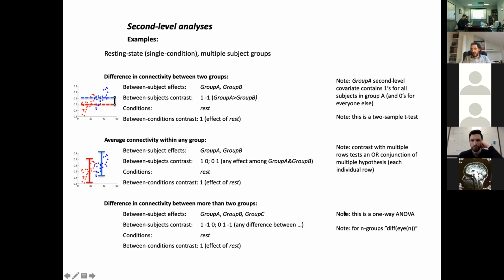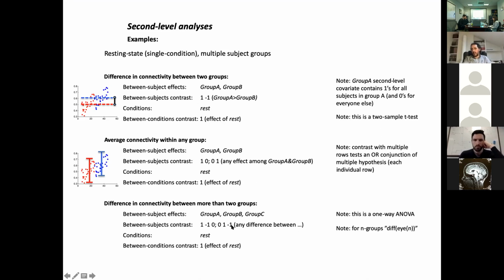But the way to test it, when you have three groups and you want to test the difference between any of the groups, is by doing this OR conjunction of the difference between two groups and the difference between the other. The typical thing that you might be wondering here is why I'm not entering that third column that I was also specifying, the 1, 0, -1 column. And the reason is because